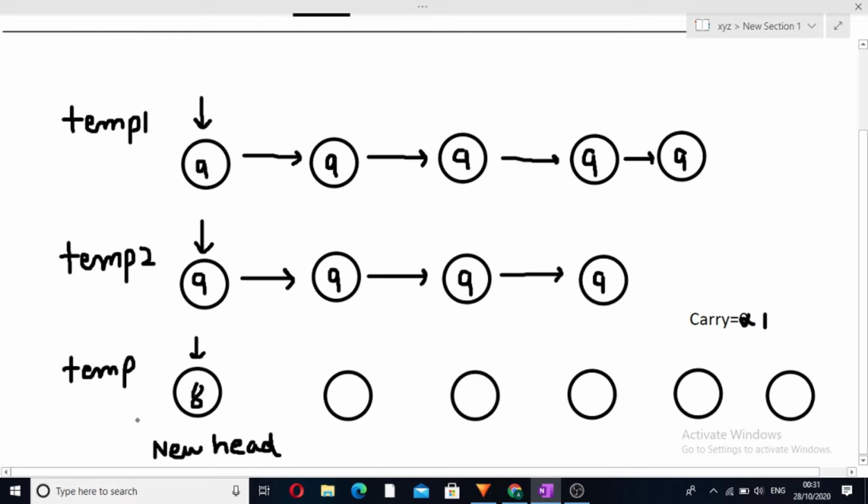So we have taken the units place and added it at the node, and we carry forward the 1 to the next node. Now the work of these two nodes is over.